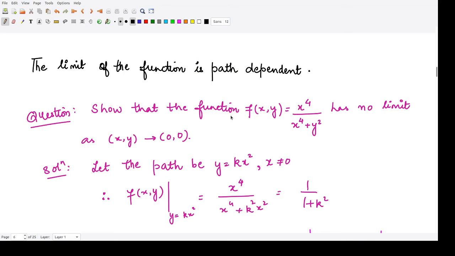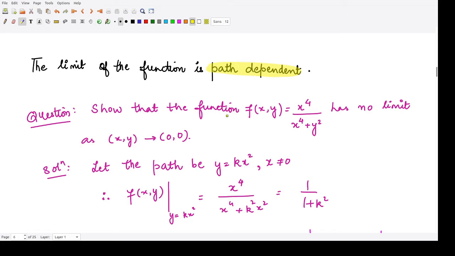Let us now move on to seeing some more properties about these limits. So first of all, I would like to say that this limit is path dependent. It depends upon the given path. How? That we shall see, because